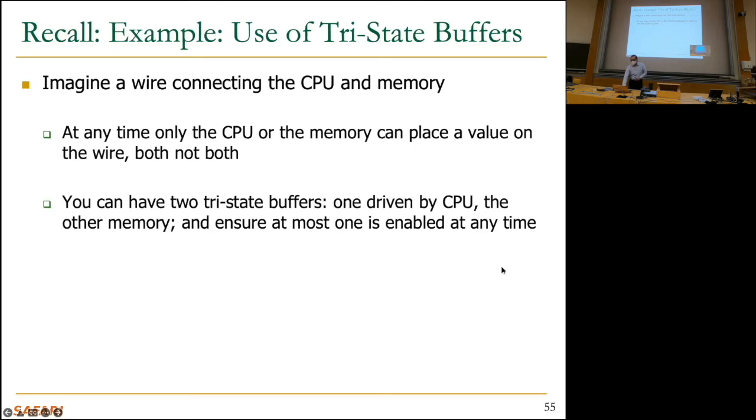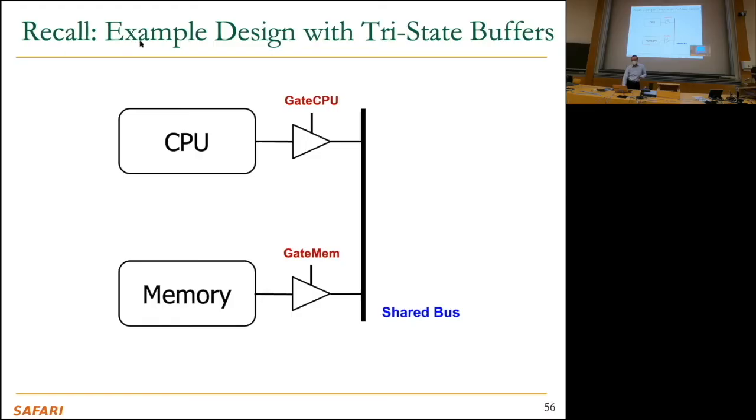Okay. I've also mentioned this when we introduced tri-state buffers. Imagine a wire connecting the CPU and memory, and only one of them can drive a bus or wire. Then basically you use tri-state buffers. We will see this when we talk about the LC3 data path soon, that I showed you, kind of flashed at you earlier. So only one of them can put a value onto the shared bus. And if, for example, you want to put a value from the CPU, you set the enable here to 1, and you set the gate mem to 0. Okay, and from your book,